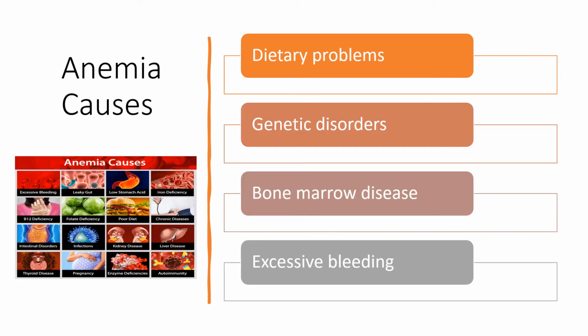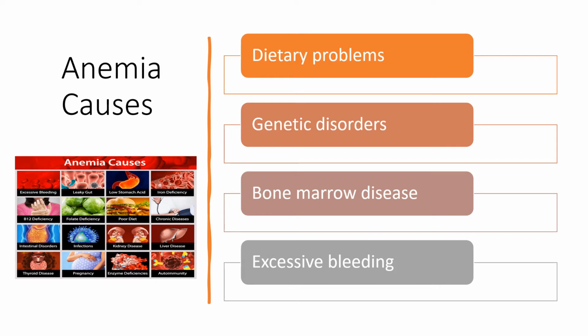So then why do they have anemia? Is it due to a dietary deficiency, or a dietary enzyme deficiency, even though they are eating the required foods, but their body's not taking it in? Is it a genetic disorder? Is there an issue with their bone marrow, that they're not producing the right kind of red blood cells, or immature red blood cells are being kicked out before they have time to fully become red blood cells that have the carrying capacity